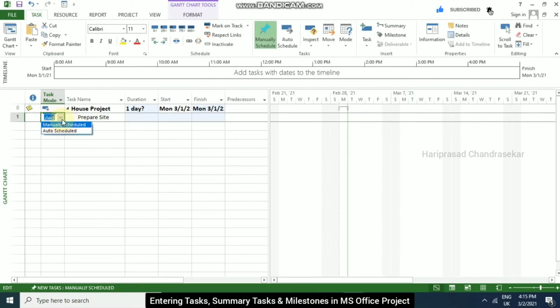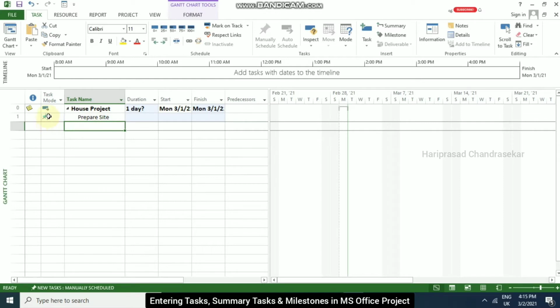We can see that from our drop down. If it has this kind of symbol, then it is manually scheduled. That's why it has a question mark. When it is manually scheduled, we can't see the dates here. So that's what it is. We will start typing the next task.